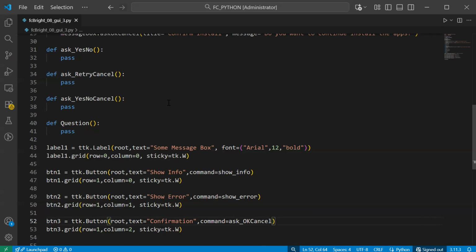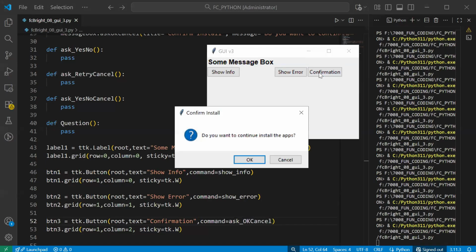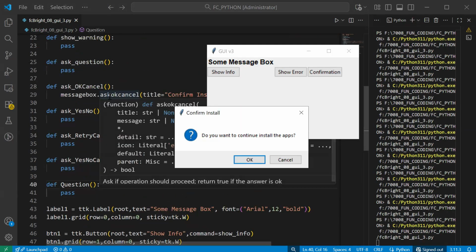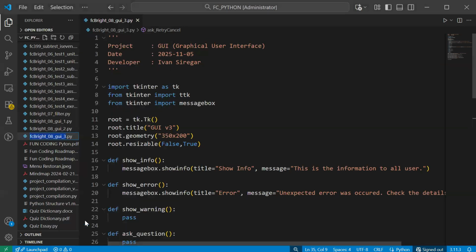Yeah, try to adjust again, then try to run, and we finish UI 3 first. We still have one more. We're afraid of running out of time. Okay. So when we run confirmation, like this, there will be two buttons, OK and cancel, because just now we use the as OK and cancel. So that's why OK and cancel are there. Yeah. Okay. So let's make a new file, UI4.